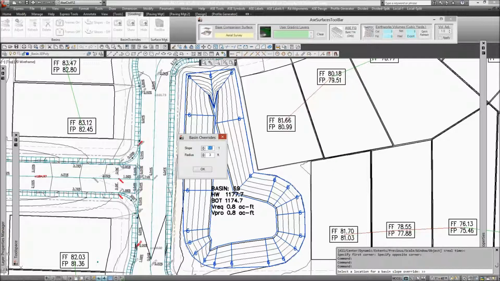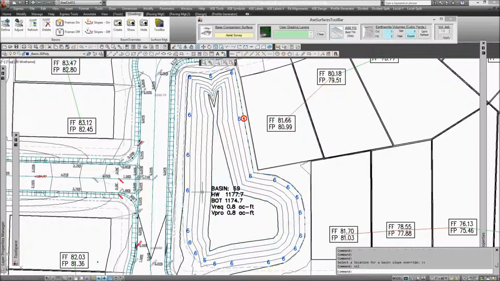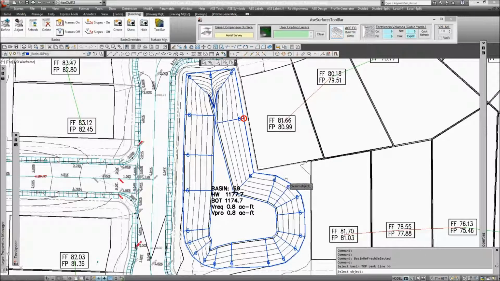Let's change the slope to a 4. And the radius is going to be the area that will be affected by this particular slope. So if there are multiple vertices in that radius, they'll both use the same slope. So we'll click 3 here. And if we were to refresh the basin now,